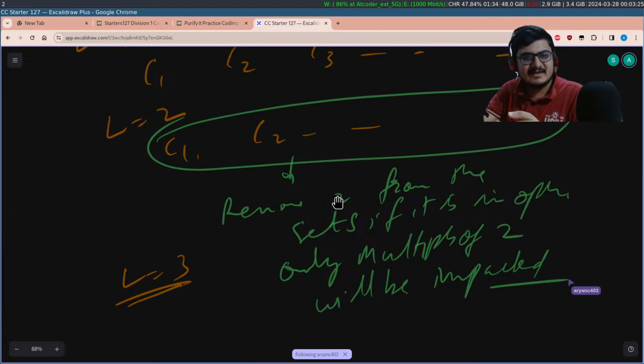When I am at 9, I have all the sets with values greater than or equal to 9. Now I look at all the sets which can possibly contain 9, remove 9 from them and recompute the cost such that their cost is at least 10. Then I would be at the place where L equal to 10. Now if I have to compute for 10 to 50, then I can take the range sum from 10 to 50 to get my final cost.